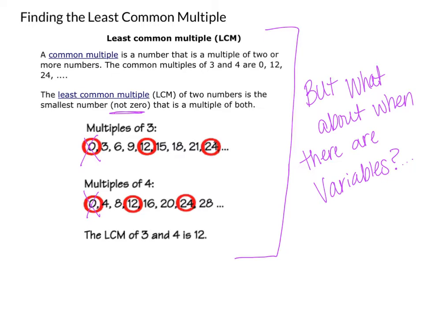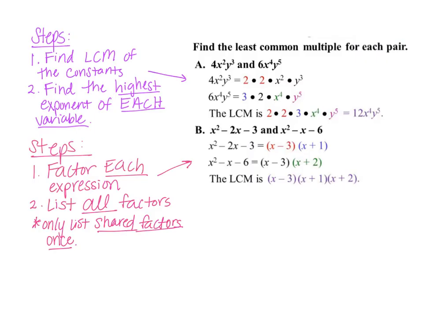So then what does that mean for variables? Let's take a look. I can look at variables in two ways. I can look at when I have a monomial. Remember, a monomial means that I do not have any addition or subtraction. I only have one term. So when I have one term and I want to compare it to another monomial, or another expression with one term, what I want to do to find the least common multiple is